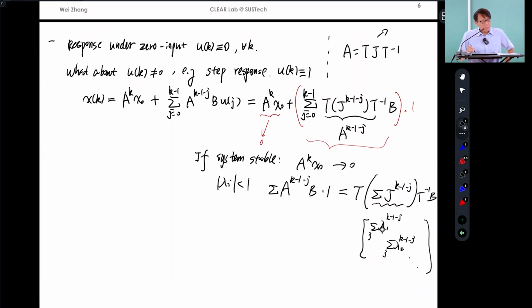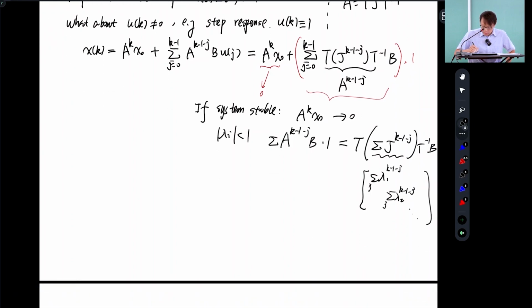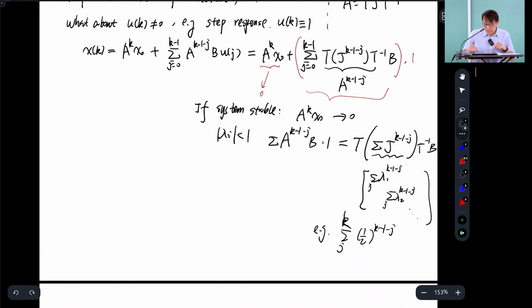So if lambda i is less than 1, for example, let's say the summation of one half to the power k minus 1 minus j over j, just to give you a sense, it's a constant eventually, right? No matter what k is. This is a partial sum, right? Are you with me? So as k goes to infinity, this partial sum will converge to